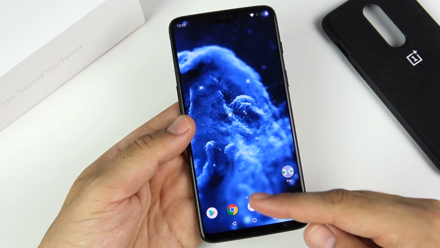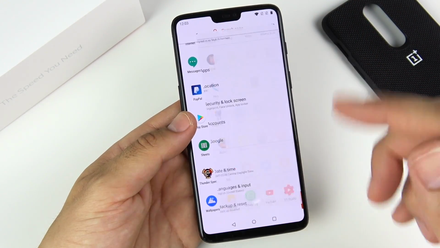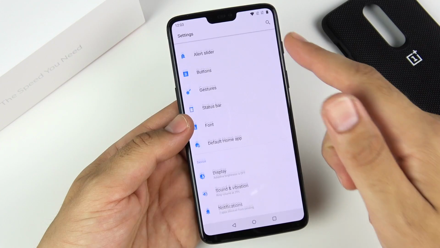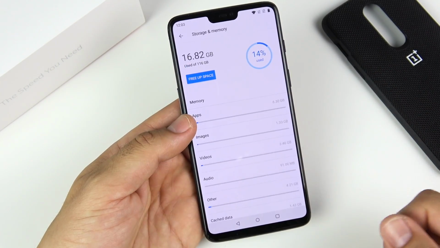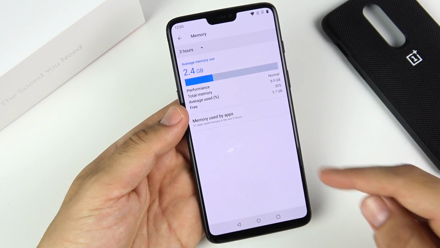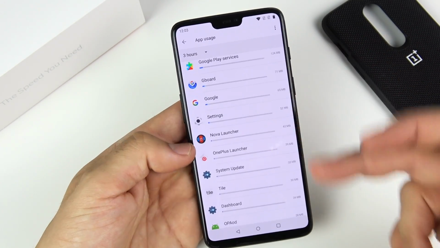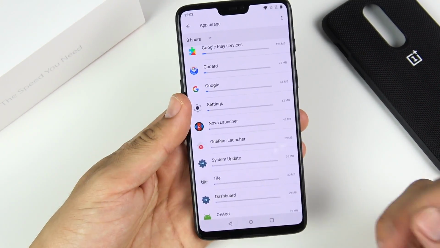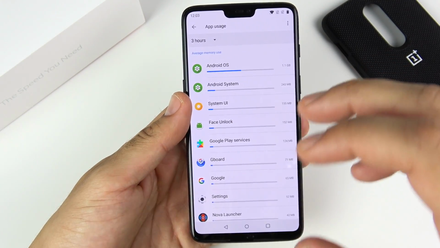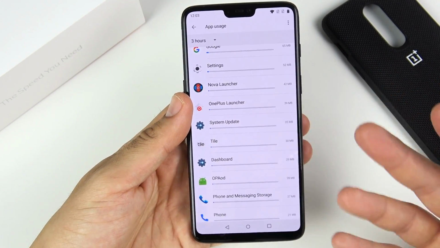And number 7 is to clear the memory and RAM. So we're going to do this by going into settings. We're going to locate storage. So let's go to storage and memory. And in memory, we're going to go ahead and see memory used by apps. And in memory used by apps, you're going to see the applications that are using the most of your RAM on your device. Now, I don't have that much installed on my device, but I'm sure a lot of OnePlus